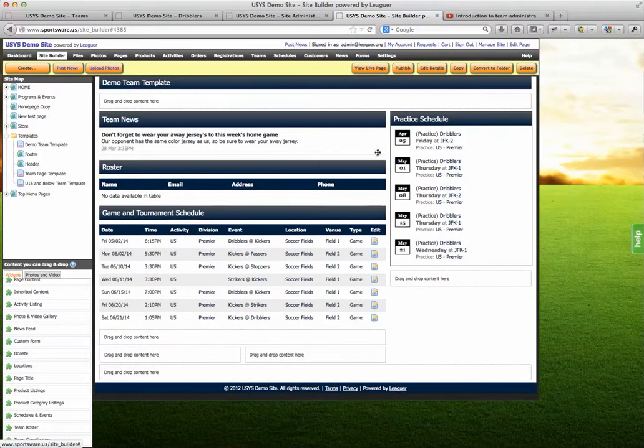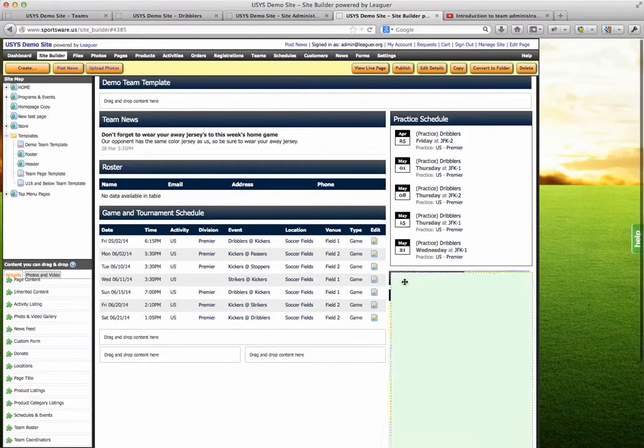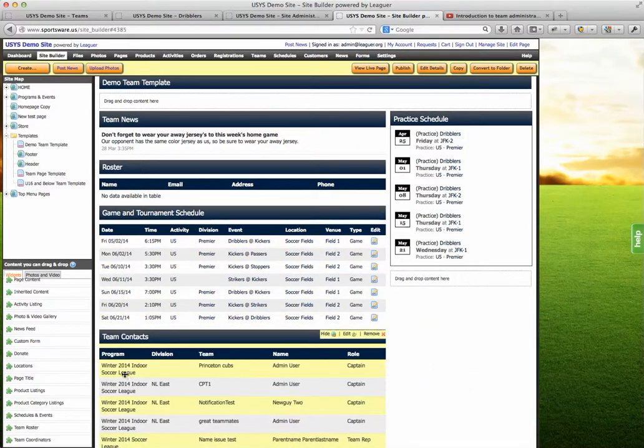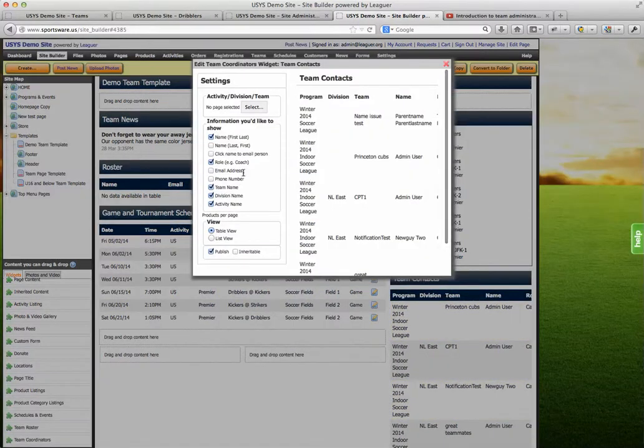All right. And now we'll put our coaches on here. So that's our team coordinators widget. Just go in here. And this shows all the coordinators. You see how it has the program, division, club, and maybe if I spread it out over here, it's better. That way it'll just show all the different programs you have, what division, what team, who the person is, and what the role is. That's the default, but since it's on the team page, we know